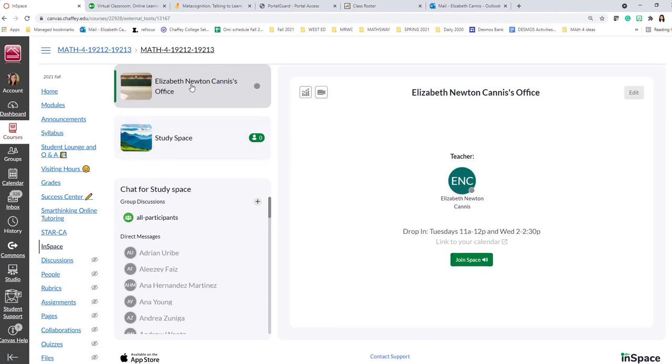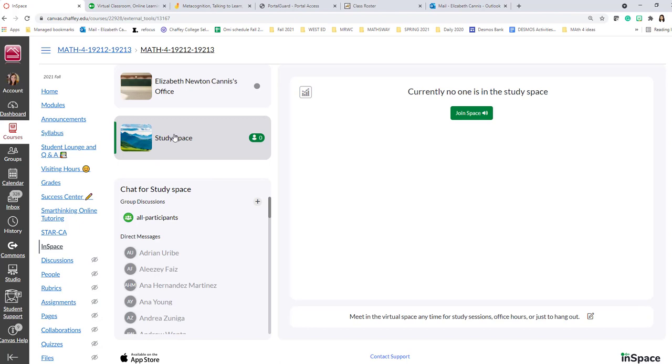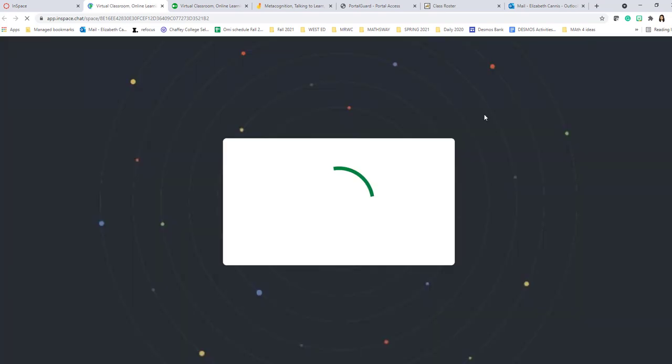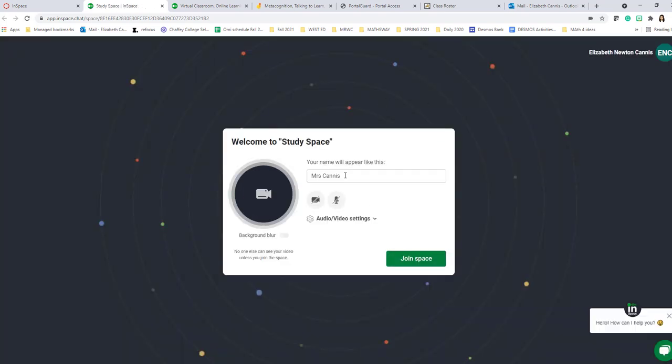And then the one that I think you guys might really be interested in is the study space one. Right now you can see there's no people in the study space, but if you click into it, you click study space, and then you can join the space by clicking on join the space. And you put your name however you want that to be. So we'll say testing,